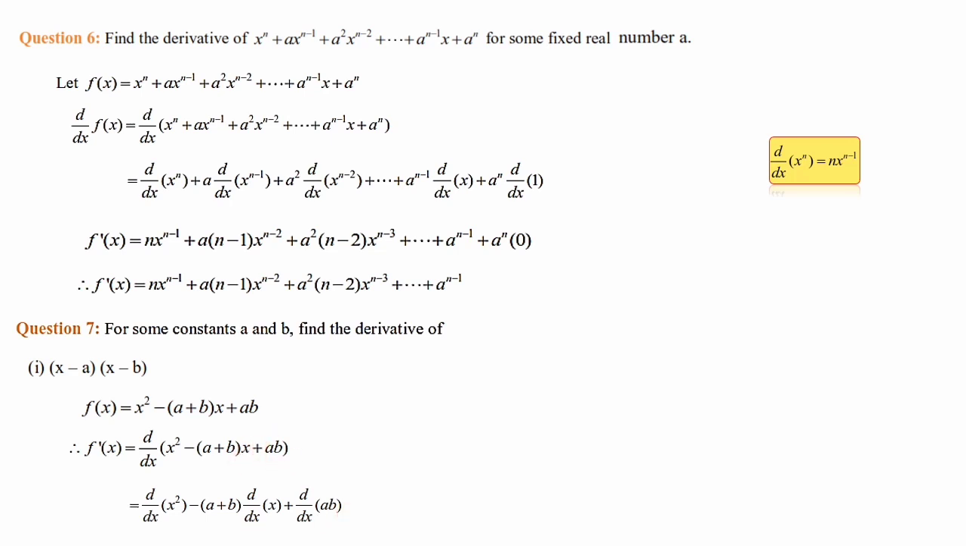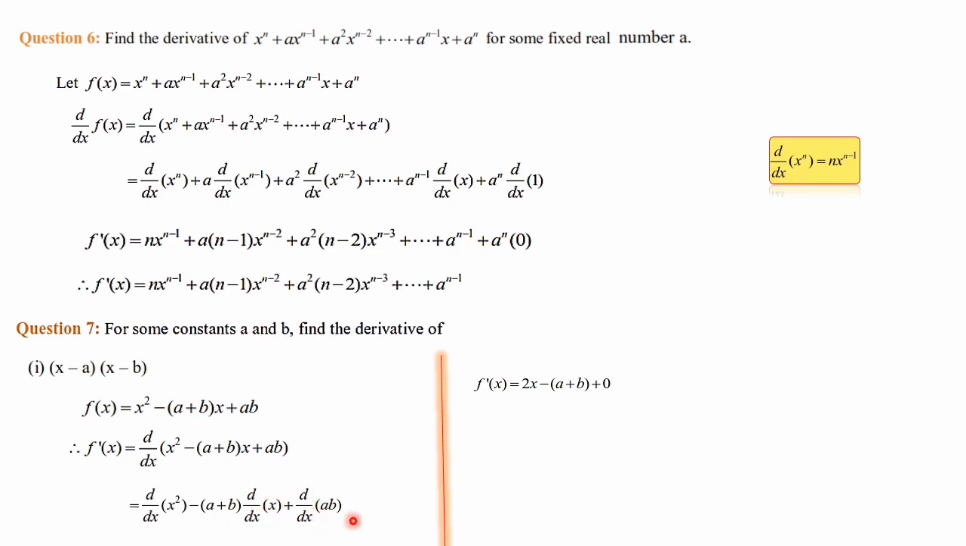then d by dx of ab. Then by using the same formula, x power n, that is n into x power n minus 1, we can write d by dx of x square is 2x, means here power is 2, 2 into x power 2 minus 1, x power 2 minus 1 is 1, that is x power 1, x power 1 is x itself, so 2x will be coming, minus here d by dx of x, we have discussed already, d by dx of x is 1, so a plus b into 1, that is a plus b itself,